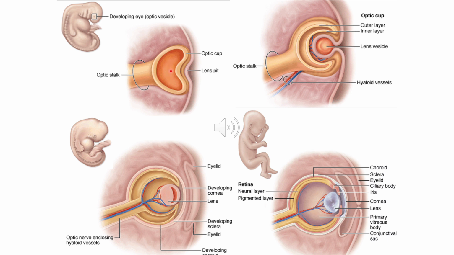This optic tract will go all the way to the lateral geniculate body, where it will synapse with a second order neuron, and these second order neurons will radiate in the form of the optic radiation into the primary